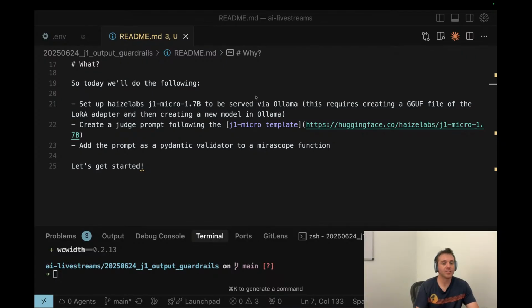And then Ollama has a way for us to specify the base model and then point to the GGUF of the adapter and then create a model from that. So we're going to go ahead and do that. And then after that, we can jump into some code and then